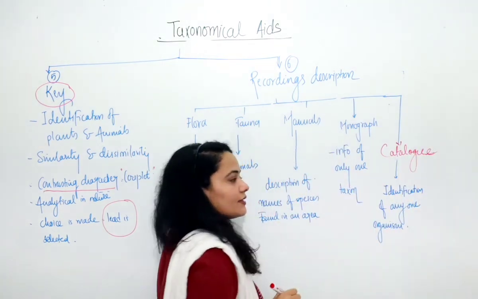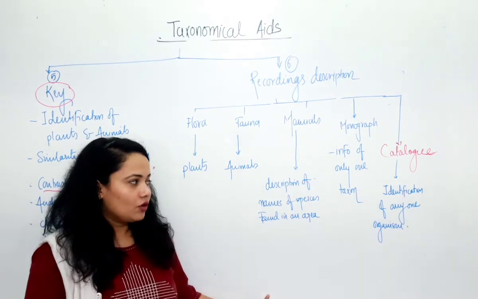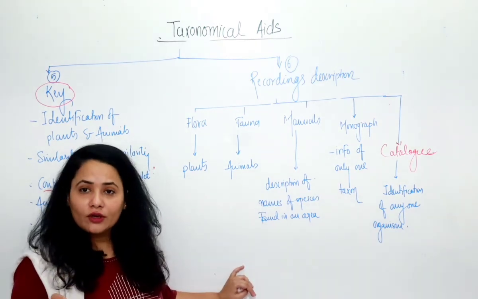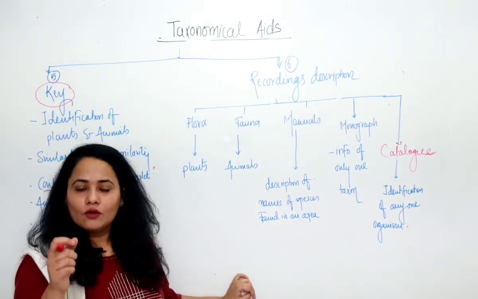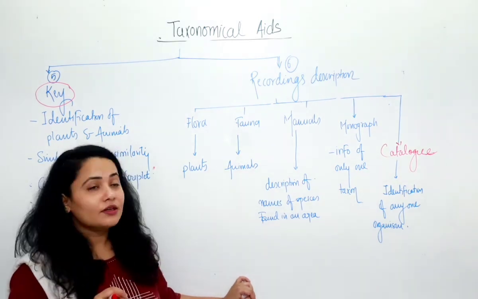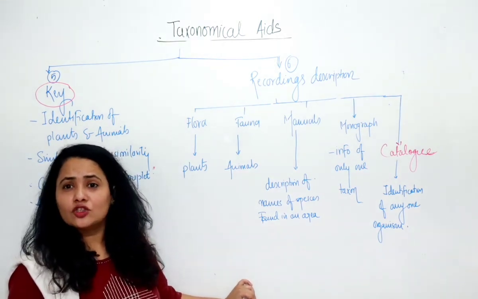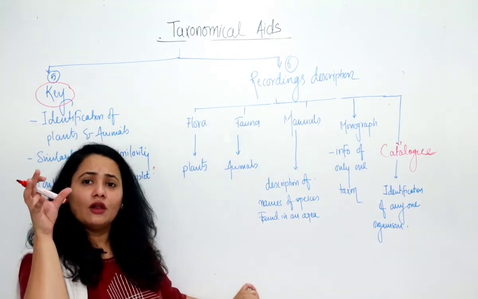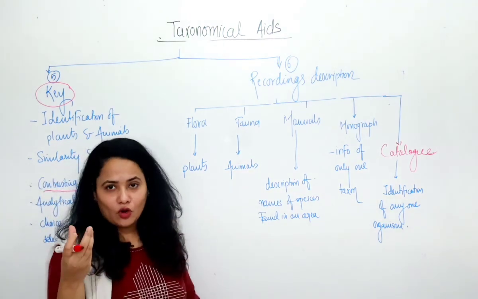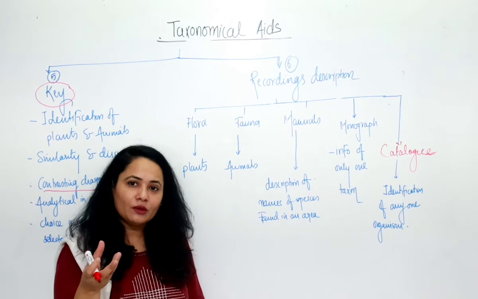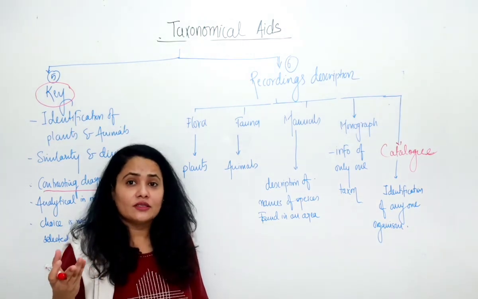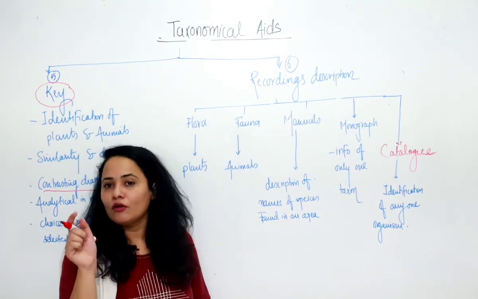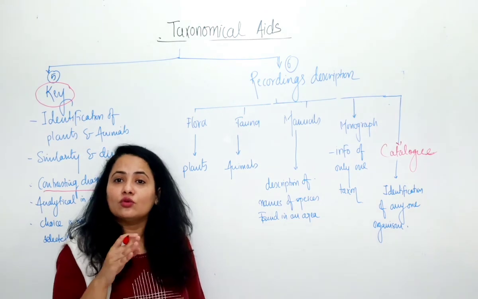The next is known as catalog. Now what do you mean by catalog? When you want to identify one particular species totally in detail, you can find the description in the catalog. As you know, catalog is something exclusive. Exclusive means only one thing is found, a typical structure. Let's take a good example of catalog. When we go shopping, we tell the shopkeeper to show the catalog piece, which is nowhere else found. So what does catalog mean? That catalog will give you the information of one particular species only, and that also completely.